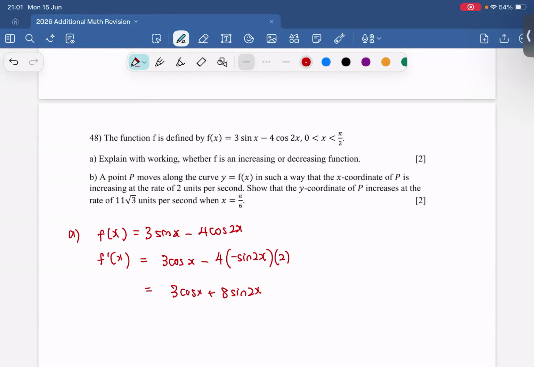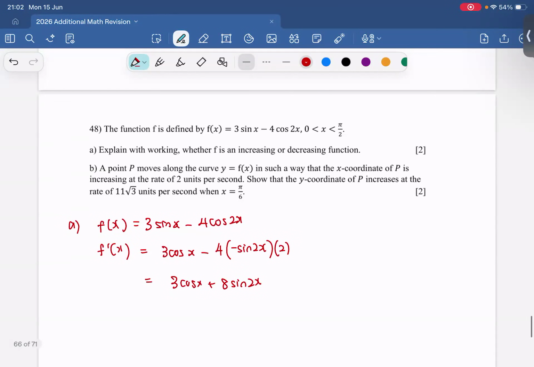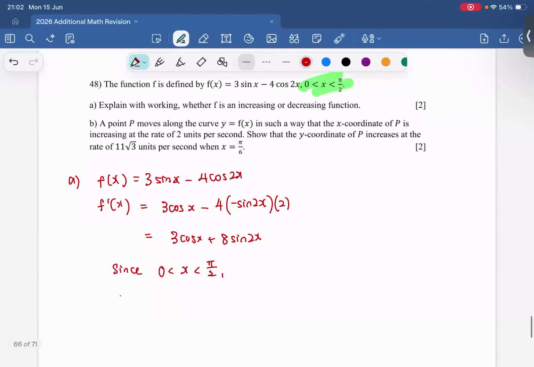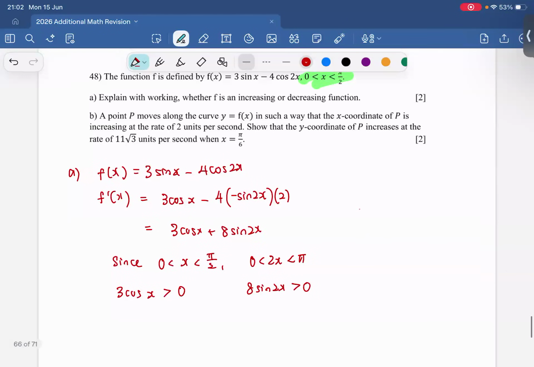So now how do we know whether f prime x is positive or negative? Remember, when you are working with trigo, the range of x is very important. Since x is in the first quadrant, I will know that 3 cosine x is definitely a positive number. x is between 0 and pi over 2. This means that 2x is between 0 and pi, so this is in the second quadrant. From here, I also know 8 sine 2x is also more than 0 because sine in the second quadrant is also a